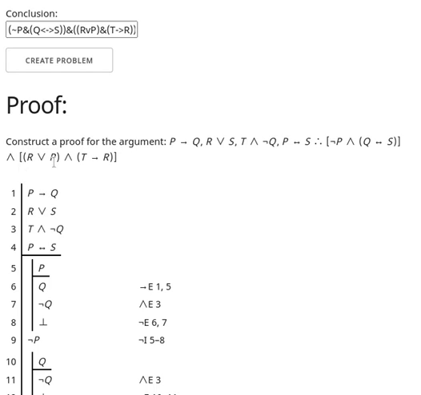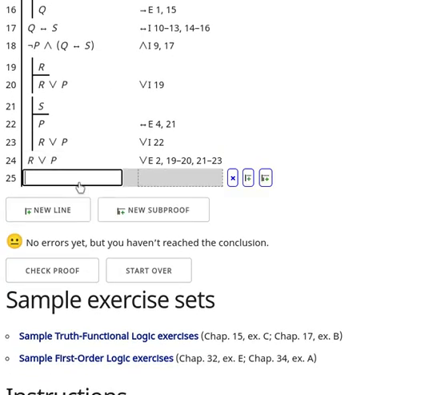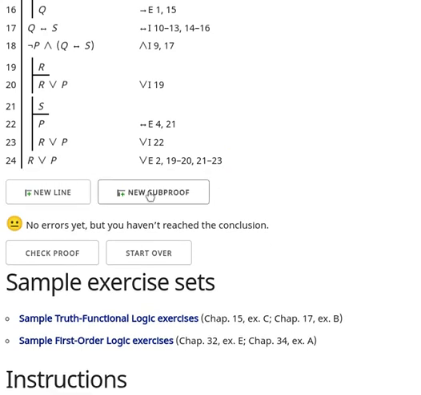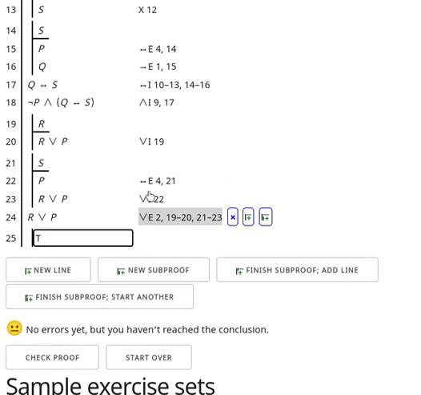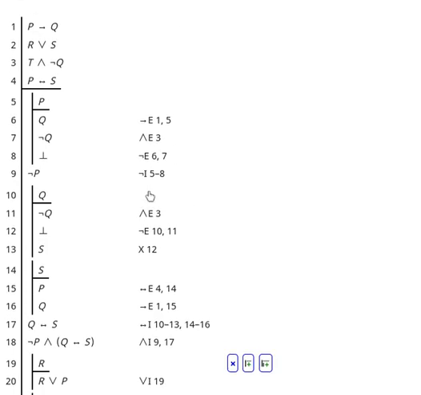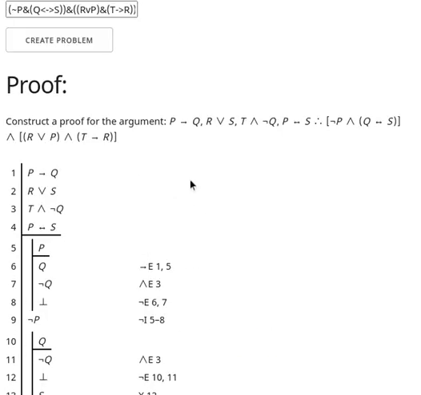So that gives us the R or P, and then lastly we have T implies R. So the way that you show that is generally you assume one thing and you try to derive the other. So let's assume T, and then we want to derive R. How could we find R? Well, we only really see R here, R or S, and so presumably there's some reason why the S case can't happen. And S is equivalent to P,